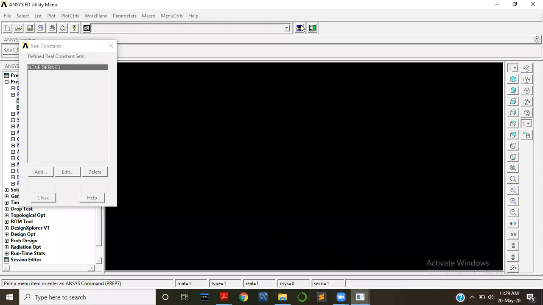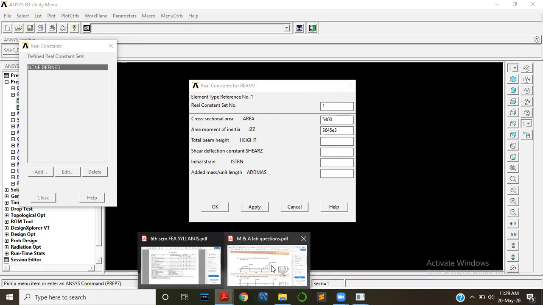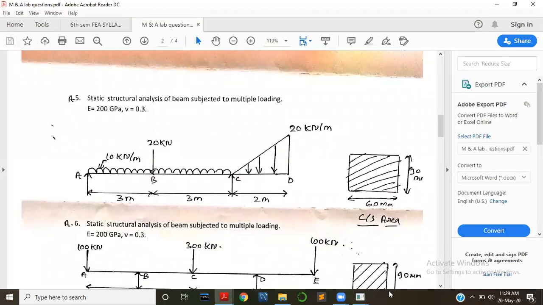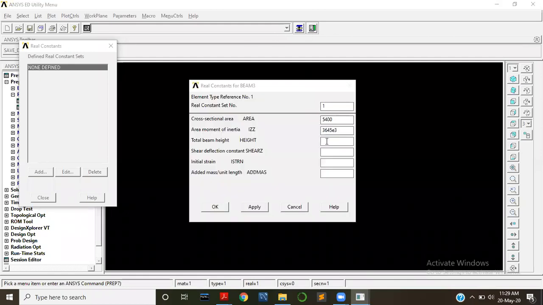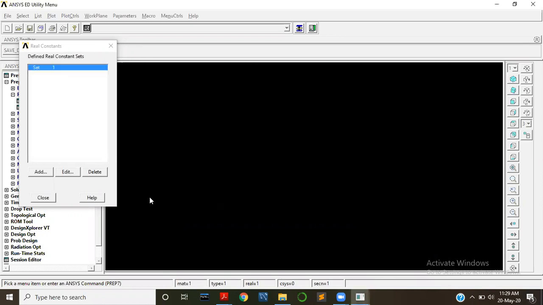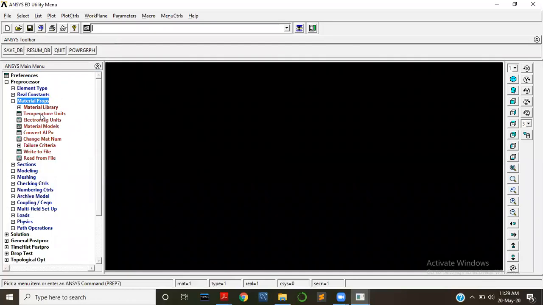By doing that, we will get 3645E3 or 3645000. And the height in the given question is 90 mm. So here select height equal to 90, press OK, press close, and go to material properties.